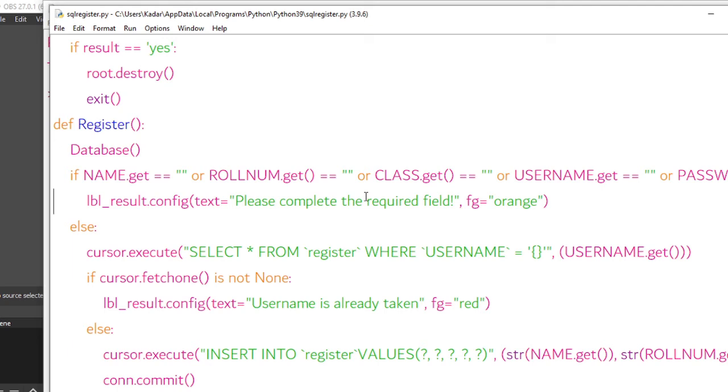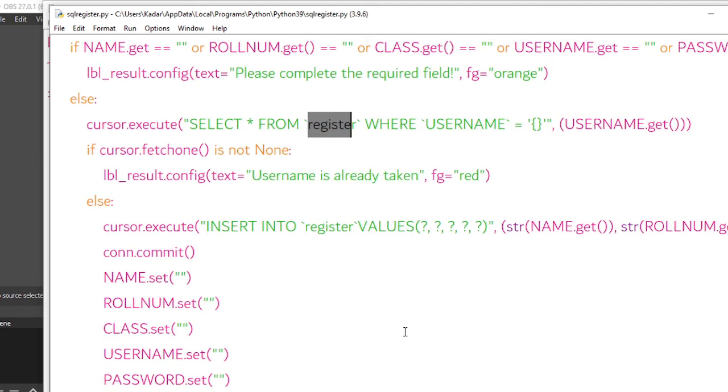we are fetching the data from the table register. Then we are checking the username. If cursor.fetchone() is not None, it means the username is already taken.